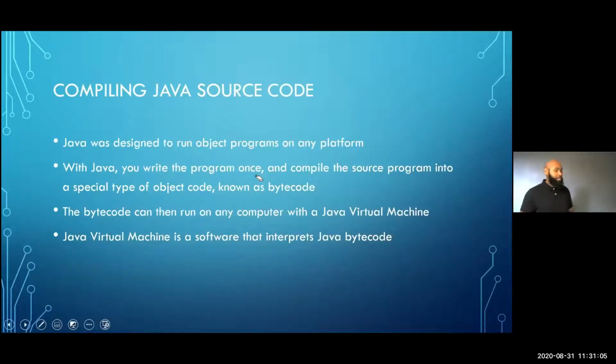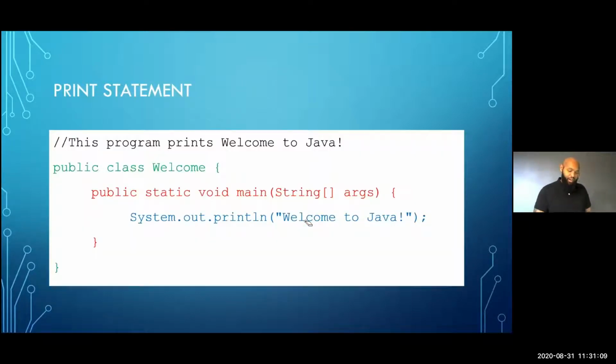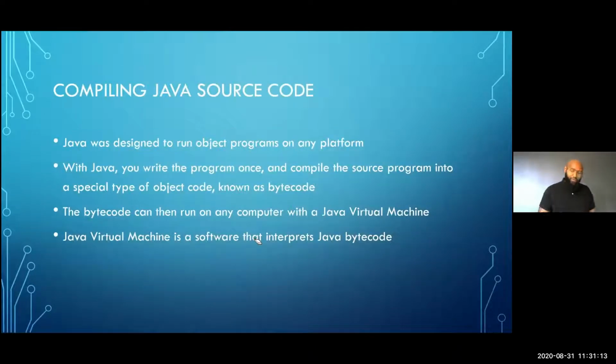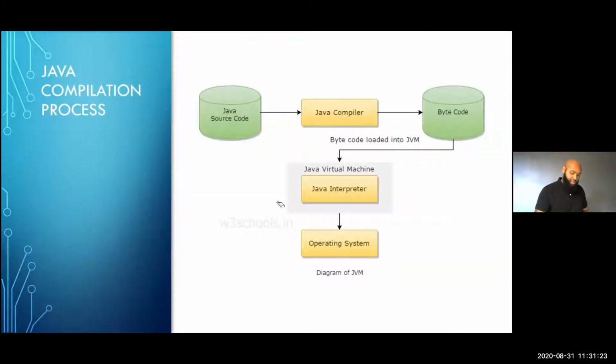All right, compiling Java source code. So our source code is what we write. This program right here is our source code. That program gets compiled, or converted, into Java bytecode, and the Java virtual machine interprets the bytecode. It understands it. That's pretty much its machine language. And the Java virtual machine is on top of your operating system, and then down here you would have your hardware,